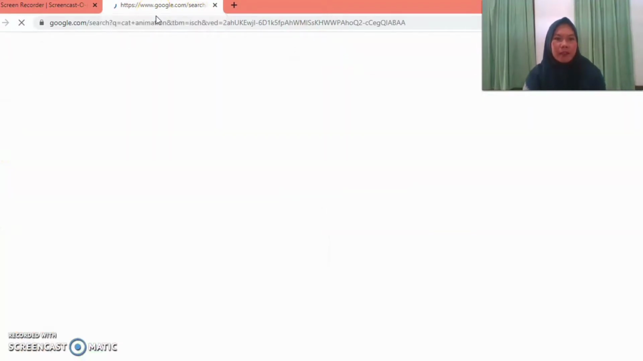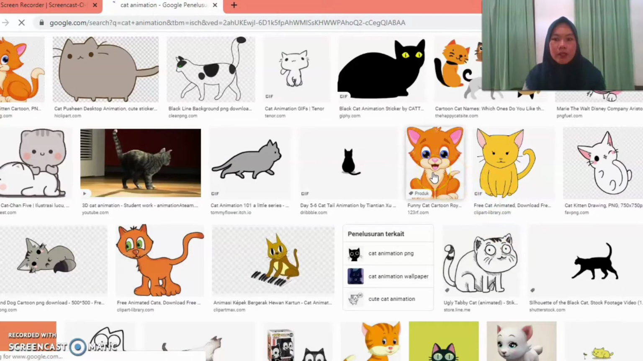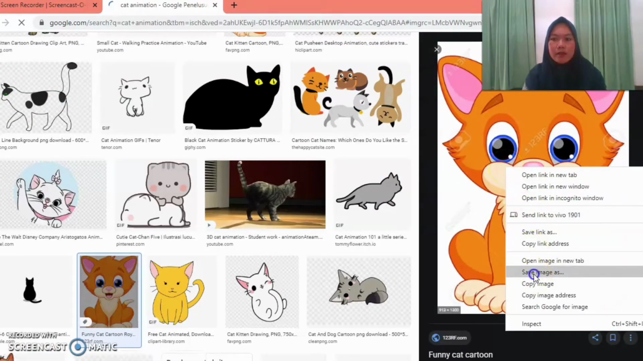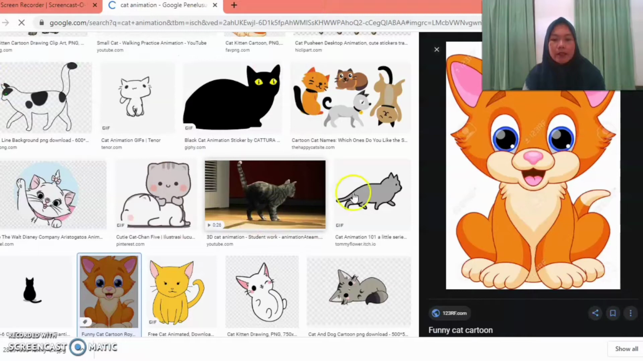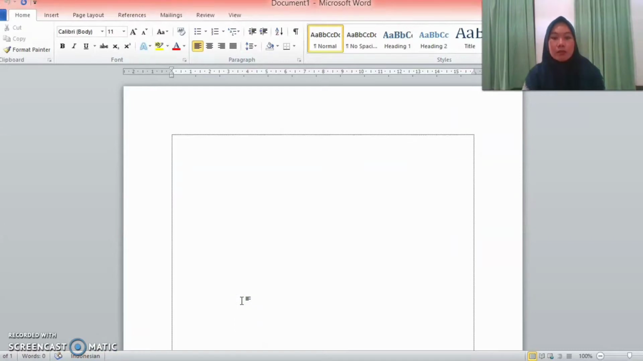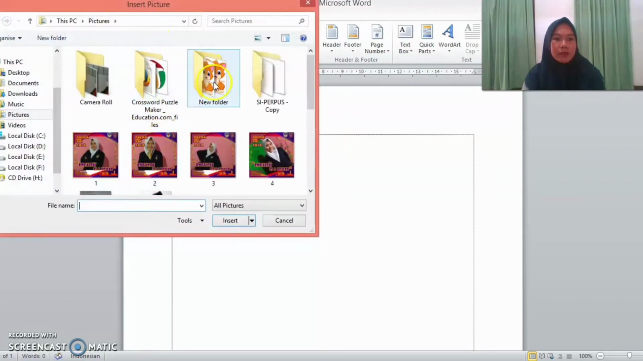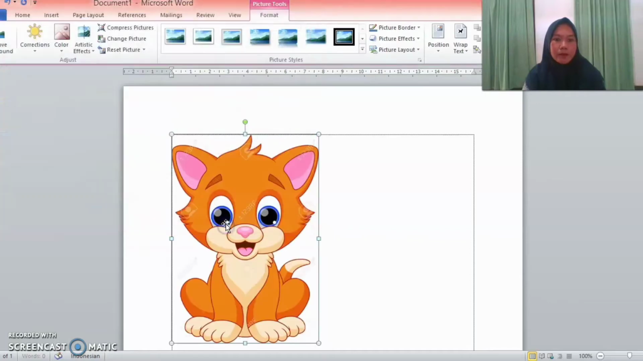My connection is bad. Okay, this is a cat. I want to save this image. Save image and then save it in here. After that, when you have saved the picture, you put the picture in the Microsoft Word application. You can click insert picture, click my pictures. Okay,